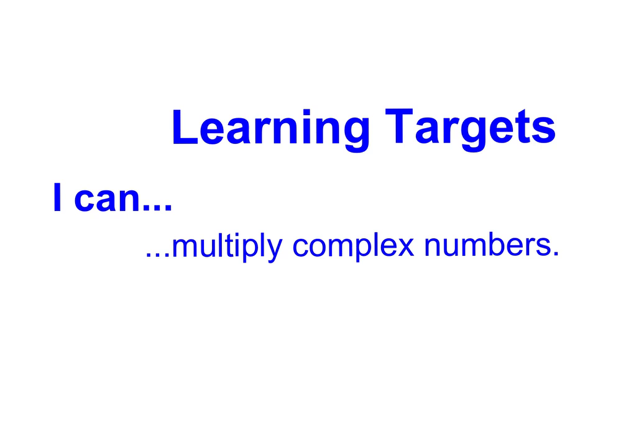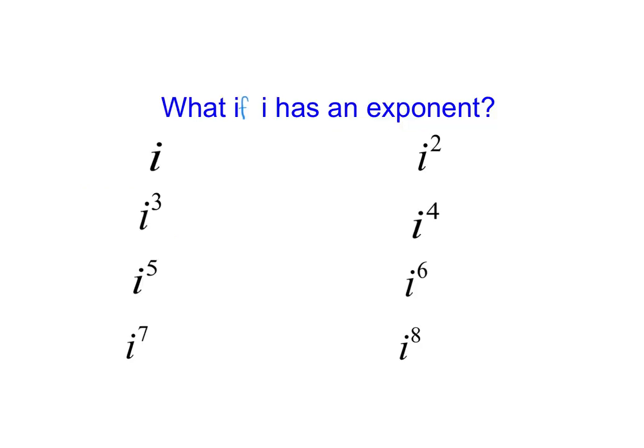In this video, we'll be learning how to multiply complex numbers. So in order to understand how to multiply with complex numbers, we need to understand how the powers of i actually work. There are some really cool properties we're going to walk through pretty quickly that we're then going to use to our advantage. So i, we know, is equivalent to the square root of -1,